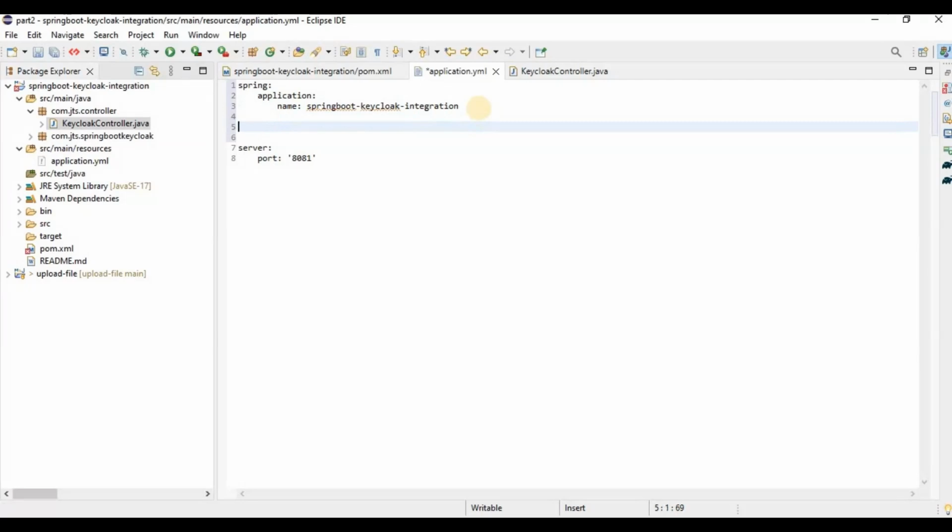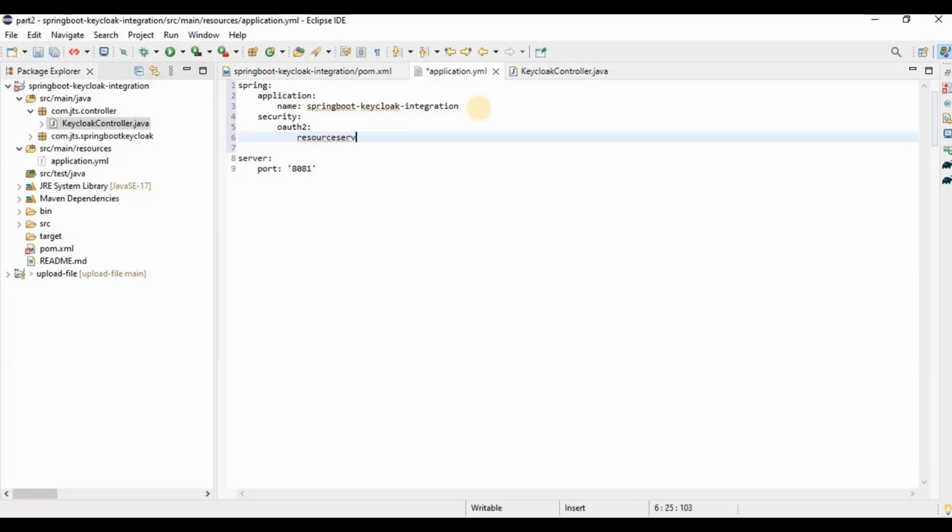Next we need to use security. What kind of security are we using here? It's OAuth2, right? Then we are going to use the resource server. What kind of token are we using here? JWT. Now here we are using the issuer